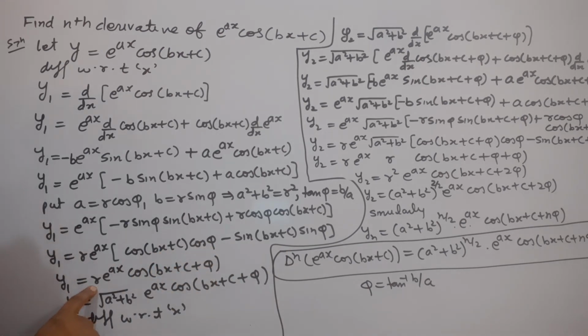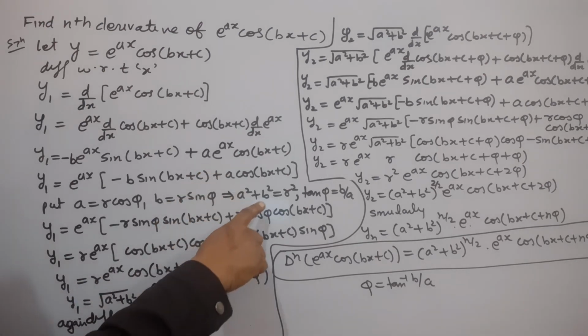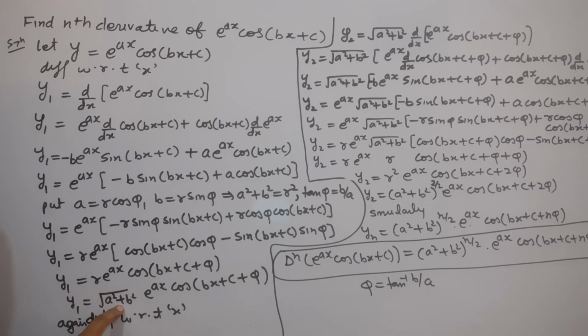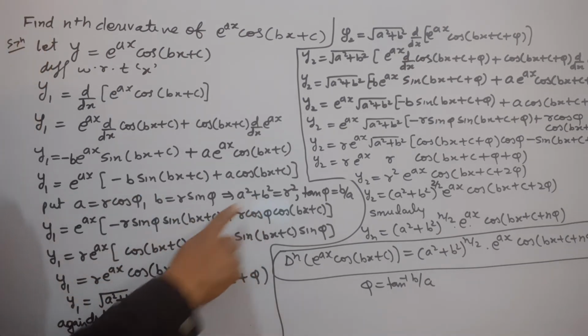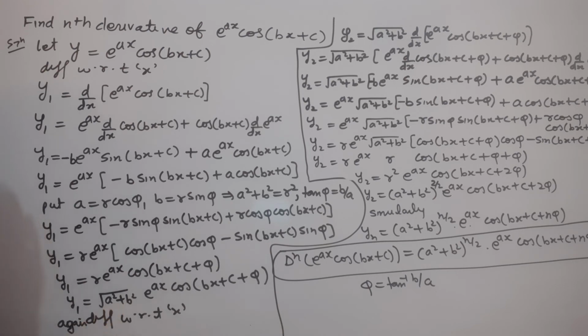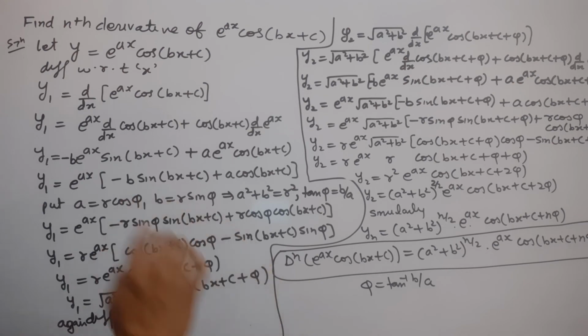and put value of r here, that is r is equal to under root a square plus b square, so we get y1 is equal to root of a square plus b square multiplied by e to the power ax cos bx plus c plus phi. यहाँ पर हम r की वैल्यू रख रहे हैं, यहाँ से निकाल के अंडर रूट a स्क्वायर प्लस b स्क्वायर है. अब डिफरेंशिएट विद रिस्पेक्ट टू x अगेन, इसको हम डिफरेंशिएट कर रहे हैं with respect to x,